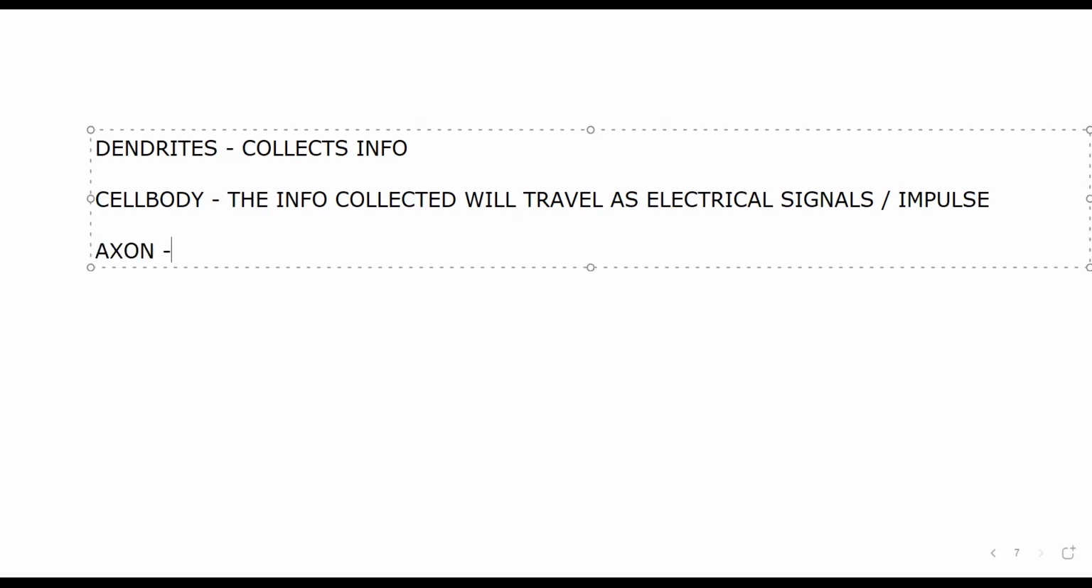And the last one, axon. Axon is what? It's a bridge. It's the longest fiber on the cell body. Correct? So what is the purpose of this axon? The purpose of this axon is, if there are two neurons,